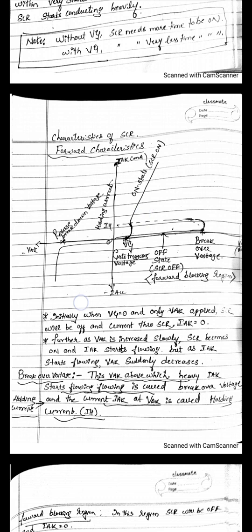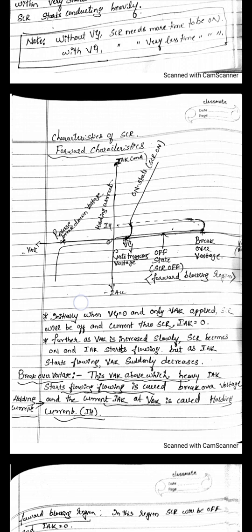You can see here, it is written off state of a SCR, which means current is not flowing through the SCR, so SCR is off here. Here we have written SCR is on, which means current is flowing through the SCR. Current is on, SCR is on, SCR is off. You can see here SCR on, SCR off. This is the first part of the explanation.